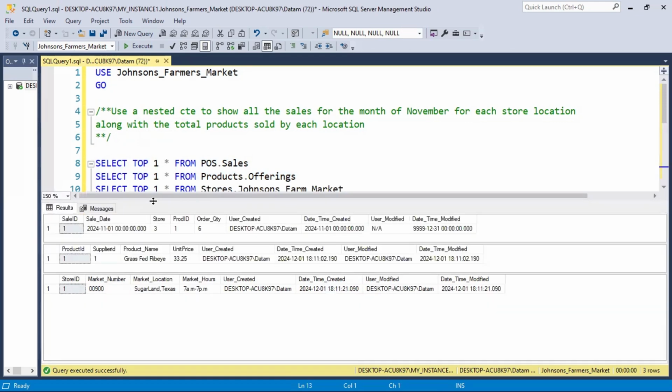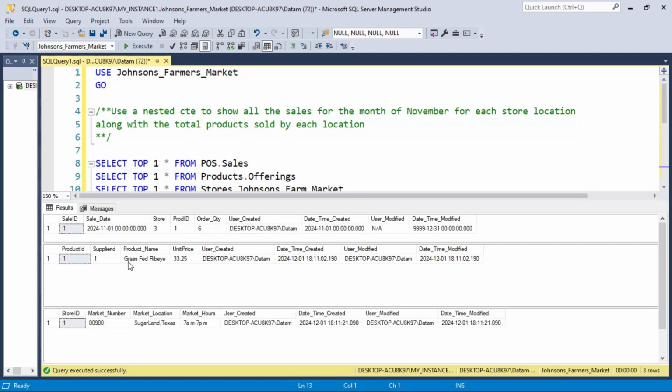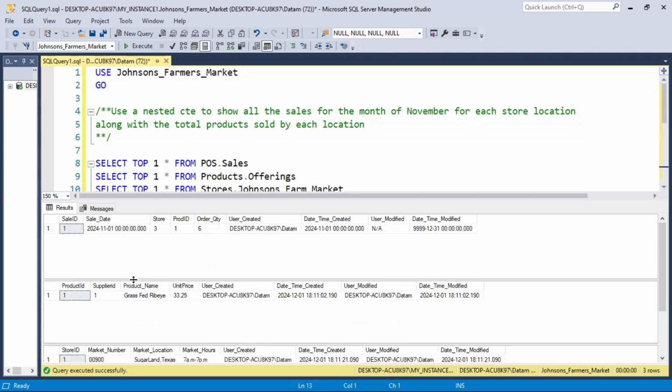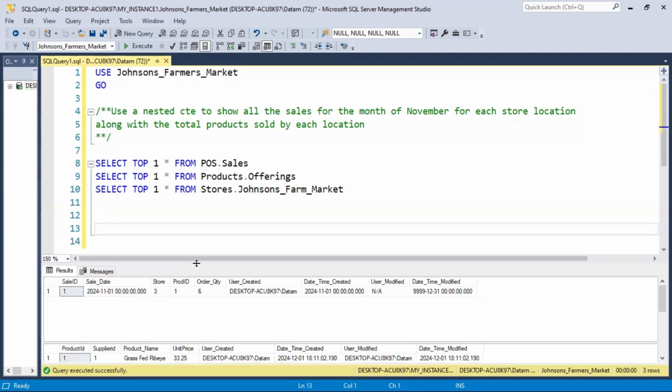Okay, so as you can see, our POS sales table has a store ID and a product ID. Our product ID matches that, and our store ID also matches this. Not the actual value, but in regards to the relationships, the primary key and foreign key relationship. So let's begin